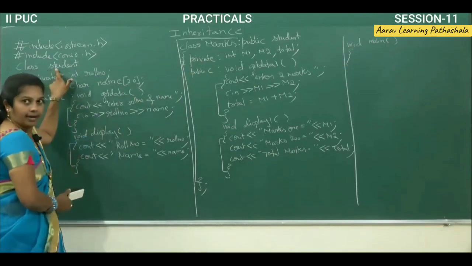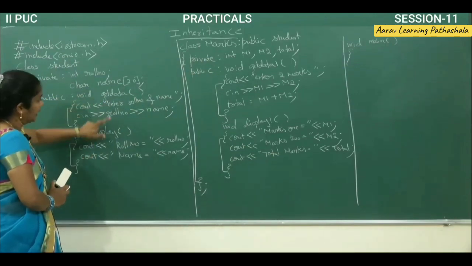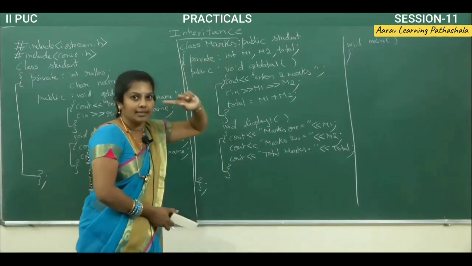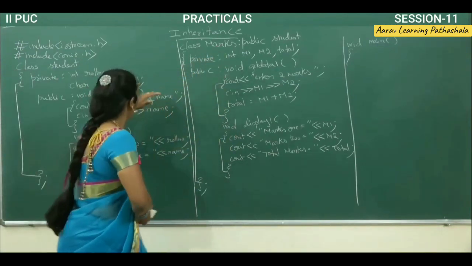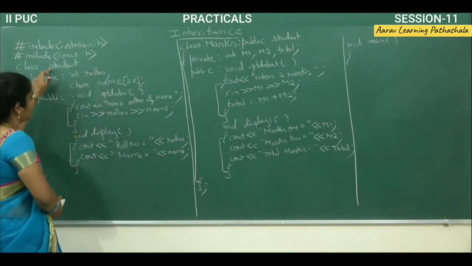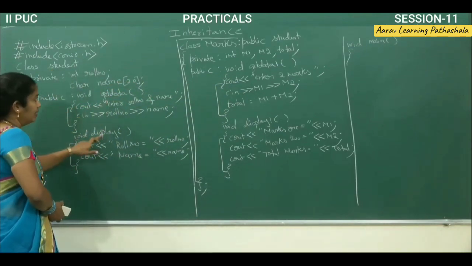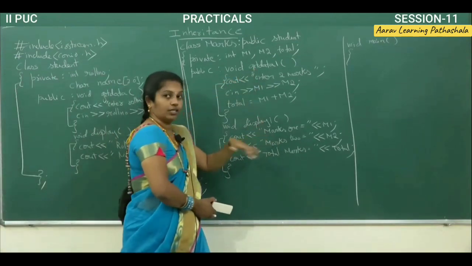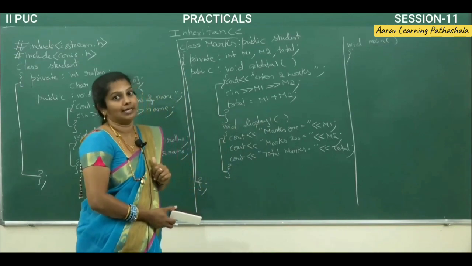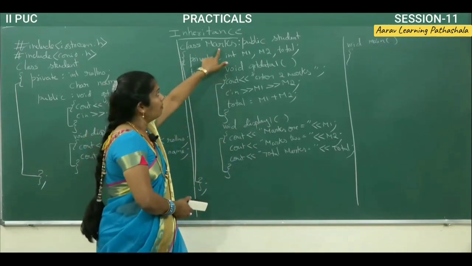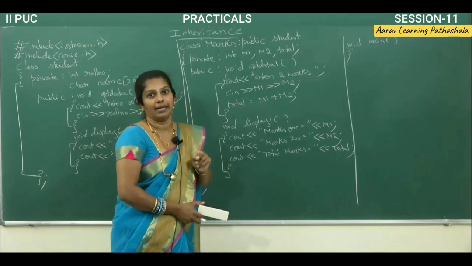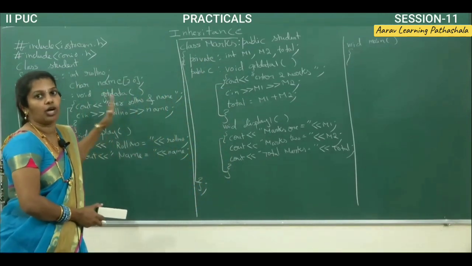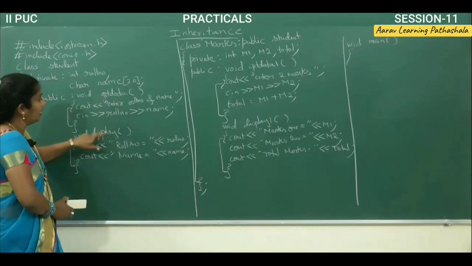ನೀವು ಸ್ಟೂಡೆಂಟ್ ಗೆ ಆಬ್ಜೆಕ್ಟ್ ಅನ್ನ ಕ್ರಿಯೇಟ್ ಮಾಡಿದ್ರೆ get data and display function you can use. ಮಾರ್ಕ್ಸ್ ಗೆ ನೀವು ಆಬ್ಜೆಕ್ಟ್ ಅನ್ನ ಕ್ರಿಯೇಟ್ ಮಾಡಿದ್ರೆ then you can access the properties of the base class, that is student. ಅಂದ್ರೆ get data, display, get data 1, display 1, all the functions I am able to access here. ಅಂದ್ರೆ ನೀವು ಮಾರ್ಕ್ಸ್ ಅನ್ನೋದಕ್ಕೆ ಆಬ್ಜೆಕ್ಟ್ ನ ಕ್ರಿಯೇಟ್ ಮಾಡ್ಬೇಕಿಲ್ಲಿ. ನೀವೇನಾದ್ರೂ ಸ್ಟೂಡೆಂಟ್ ಅನ್ನೋದಕ್ಕೆ ಆಬ್ಜೆಕ್ಟ್ ನ ಕ್ರಿಯೇಟ್ ಮಾಡಿ ಇದ್ರ ಮೂಲಕ ನೀವು ಆಕ್ಸೆಸ್ ಮಾಡೋದಕ್ಕೆ ಹೋದ್ರೆ only get data and display function you